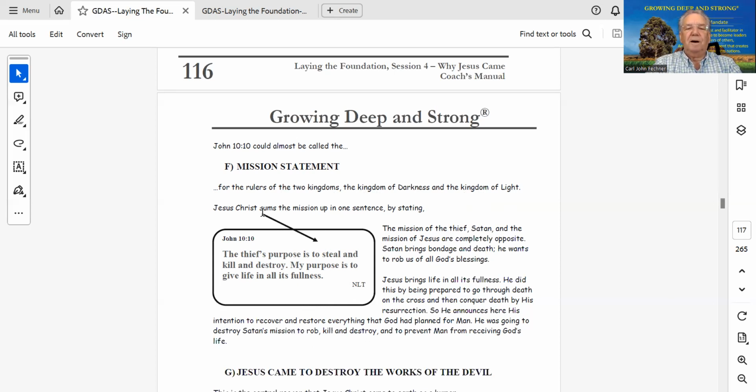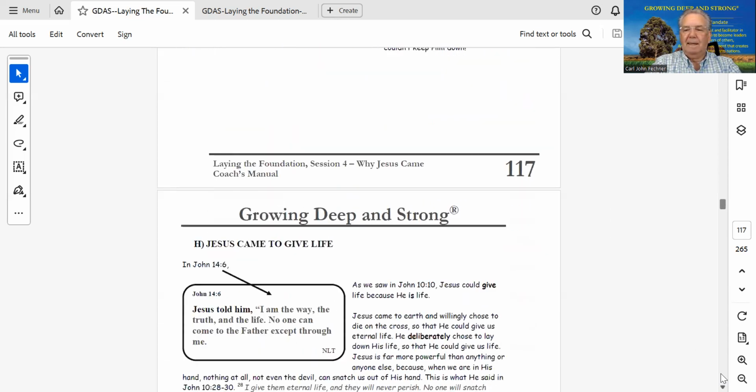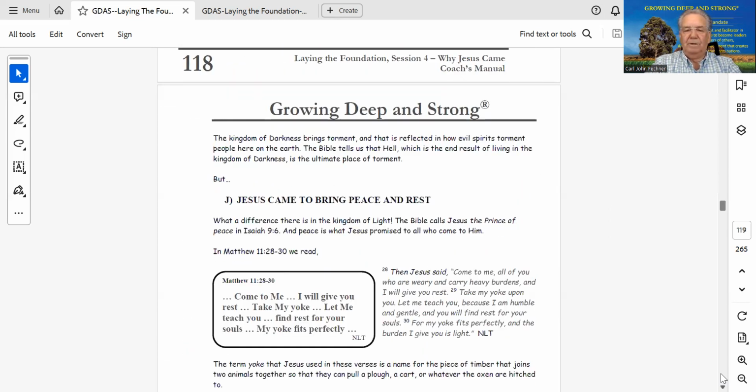Jesus Christ sums the mission up in one sentence by stating, and then you'd read that out: the thief's purpose is to steal and kill and destroy. My purpose is to give life in all its fullness. So that little arrow there indicates for you to read the Bible verse. It's a cue. All right, so let me keep going.